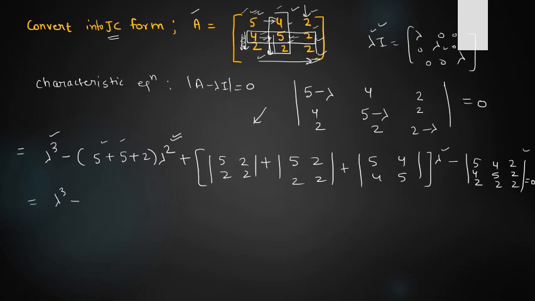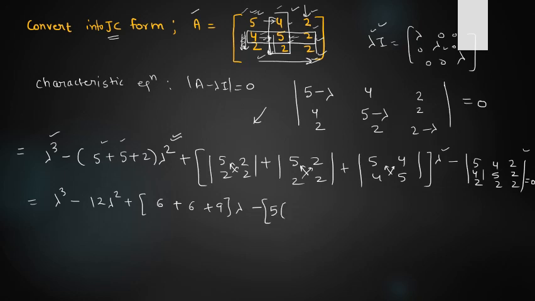5, 5, 10, 12 lambda square. Now you know we have to cross multiply. 5 times 2 is 10 minus 4, 6, plus 5 times 2 is 10 minus 4, 6. 5 times 25 minus 16, 9 lambda minus, now the determinant of this will be,